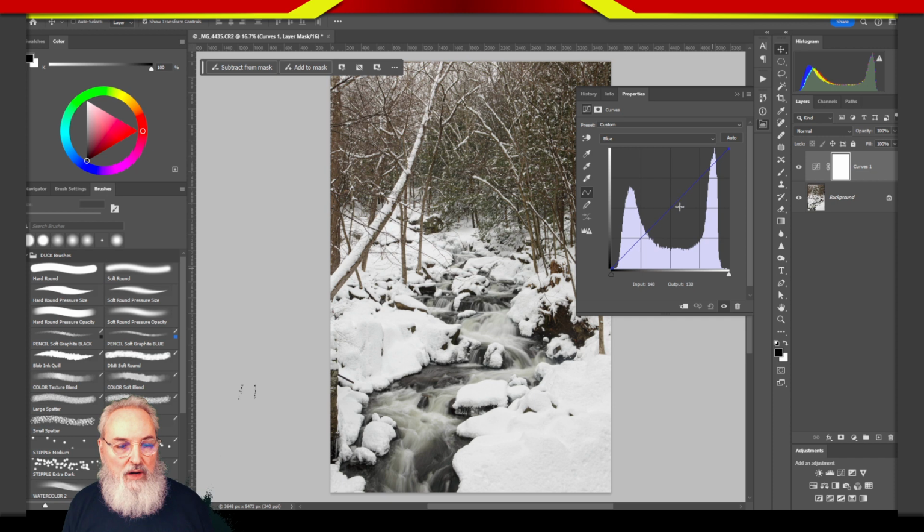All right, so what we're going to do is take from the center and go up, and you notice that everything starts turning blue. If you go down, we're removing blue and adding yellow. In this particular case, we don't need a lot of blue. All we want to do is neutralize that yellow cast that is on the surface of the